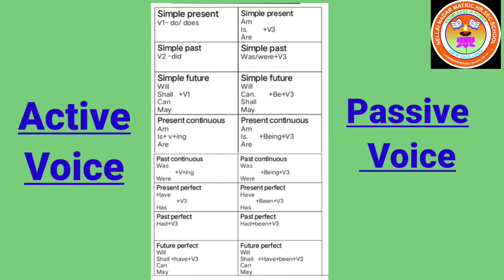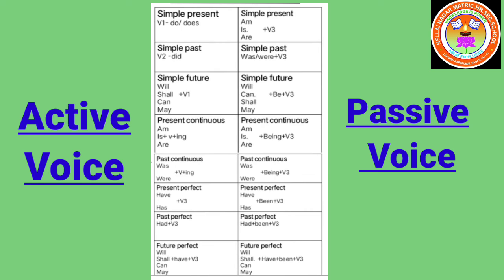Then the past continuous. Past continuous again has verb plus ing for continuous. For past we have to use the past be form verb, like was and were. Again we should not change the tense in the passive voice verb form. Was, were will tell you the past. Being denotes the continuous and V3 the importance. So obviously we will get past continuous: was, were plus being plus V3, as mentioned in the table.